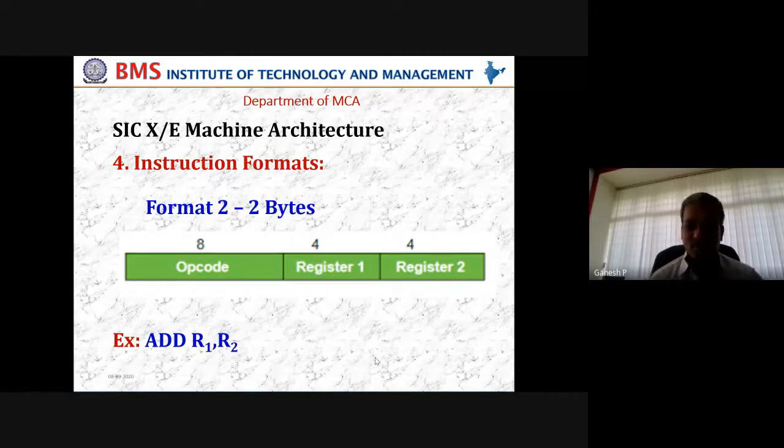Why is it 4 and 4? Is there any logical discussion behind this, or are they simply distributed equally? Any reasoning? Do you see some rationale here? Why is it 4, 4?